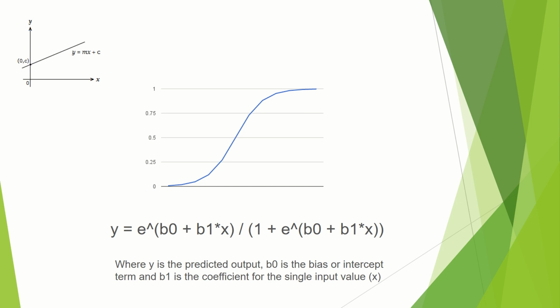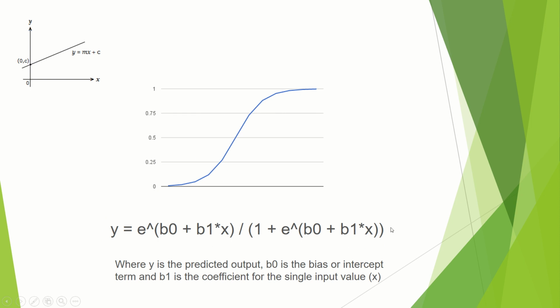Now how do we calculate whether y is 0 or 1? Because I want the output in the form of 0 and 1. I want the answer in the form of yes or no, right? So if the value of y is less than or equal to 0.5, I'll say it is 0. Otherwise I can say it is 1. So this 0.5 becomes my boundary value where I am doing the separation, correct? If something is less than this, then I'll say it is 0. If something is greater than this, I'll say it is 1. In that way we do prediction in logistic regression. So that's a little bit about maths in logistic regression.